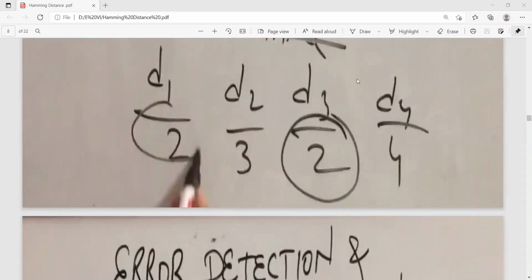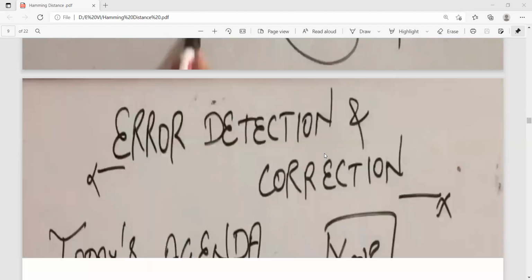For example, D1, D2, D3, D4 are different code words with which we have to compare. The Hamming distances are 2, 3, 2, 4. So this 2 is the minimum Hamming distance.